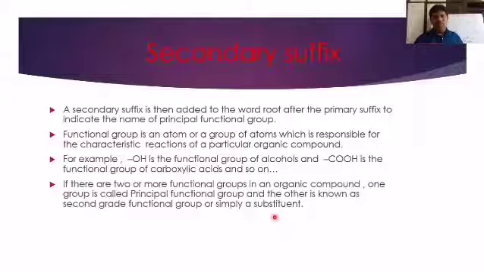That's all. But there will be the remaining ones called what now? There will be 1 or more second grade functional groups present. If there are 4 functional groups in total, only one will act as the principal group. The remaining 3 will act as second grade functional groups, or simply they act as substituents. As I told you, a second grade functional group or substituent is indicated by which name? Secondary prefix name.